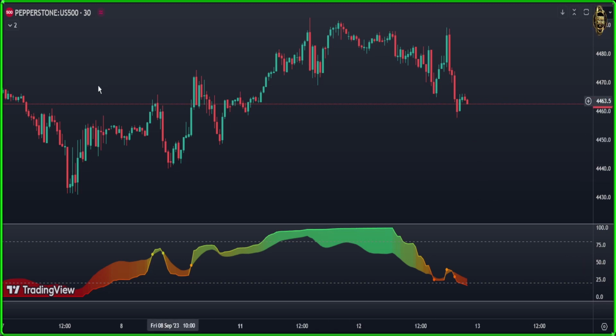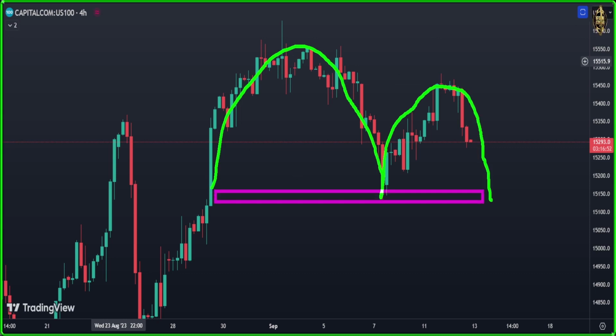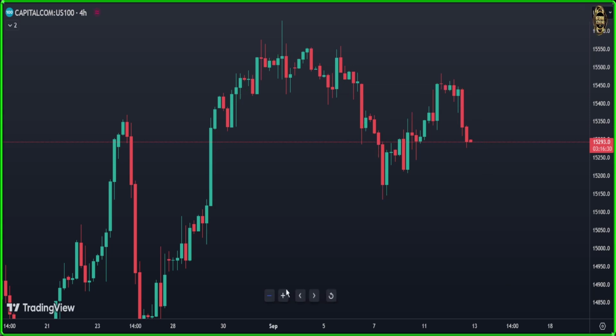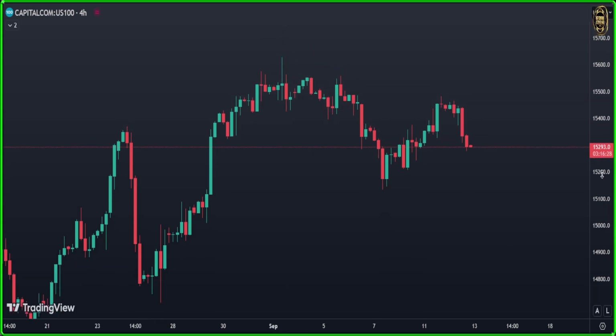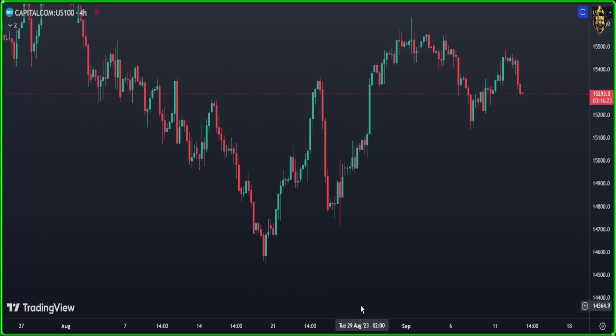Now let's go see what the Nasdaq 100 is doing today. So let's go in there. For the Nasdaq 100, guys, it's the same thing as the SP 500, as you see. I told you if it falls down here, breaking that neckline, that low here, it's going to give you a very, very clear cup and handle here. And also we're going to fall down more than that. Now what you should do here at the level where we are, as I mentioned before, what did I tell you?